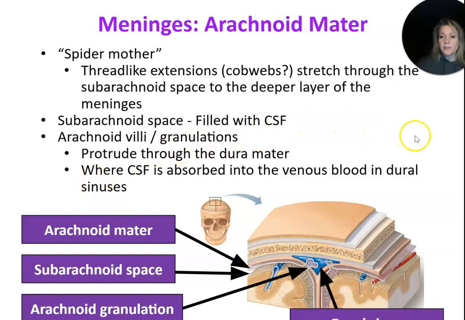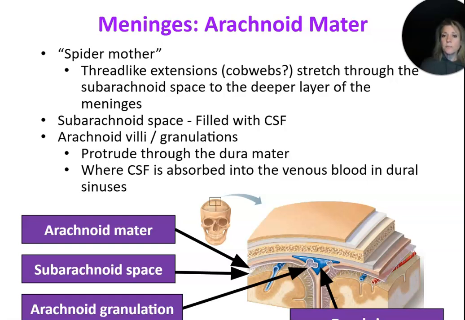So I told you that the arachnoid mater means spider mother, and there are some thread-like extensions, like cobwebs, that stretch through the subarachnoid space to the deepest layer of the meninges, the pia mater. Well, the subarachnoid space is filled with CSF, which is short for cerebrospinal fluid. And throughout the subarachnoid space, you're going to have some outpocketings that are called the arachnoid villi or the arachnoid granulations. And they are going to